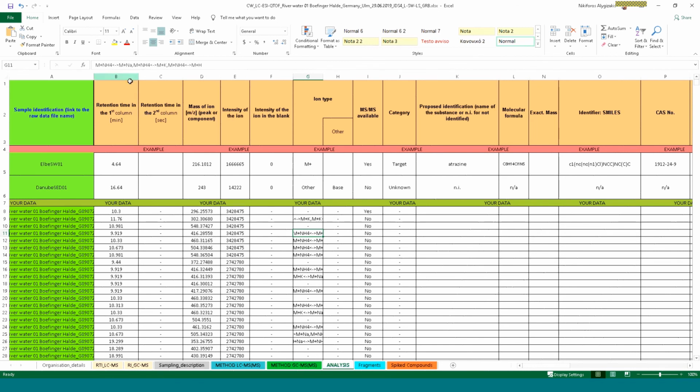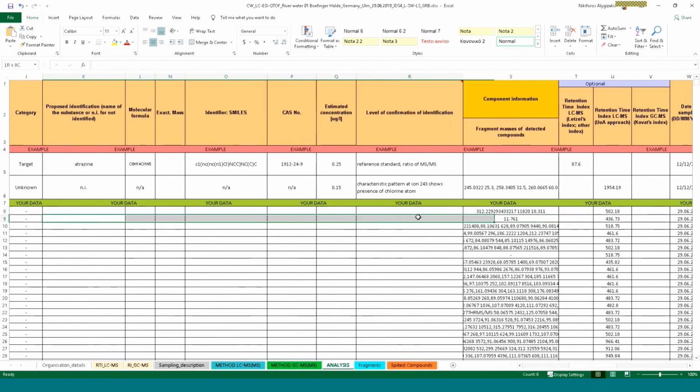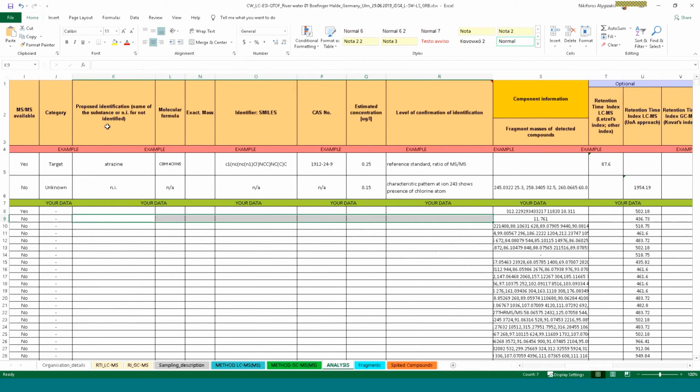For example, in this case, the ion represents the ammonium adduct, and all the other ions, adduct ions, have been detected. Whether MS-MS is available, and then we have some compound-specific information, such as proposed name, molecular formula, exact mass, SMILES, CAS number, estimated concentration, level of confirmation of the identification.